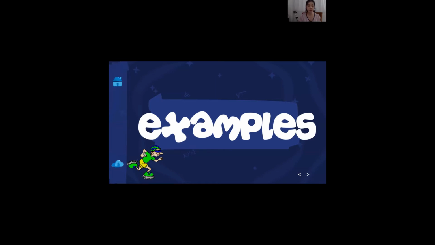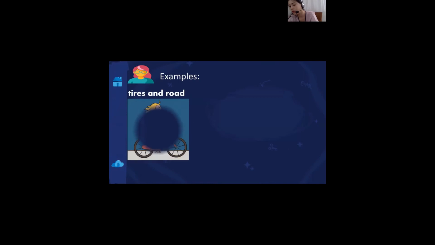Now, another example, class, is when you rub your hands. Everybody, can you rub your hands? ทุกคนถูมือของตัวเองค่ะ มันจะมีแรงเสียดทานขึ้นนะคะ แล้วก็ช่วยกันตอบด้วยนะ เพราะว่าบางทีมันอาจจะมีปัญหาทางอินเทอร์เน็ตนะลูก